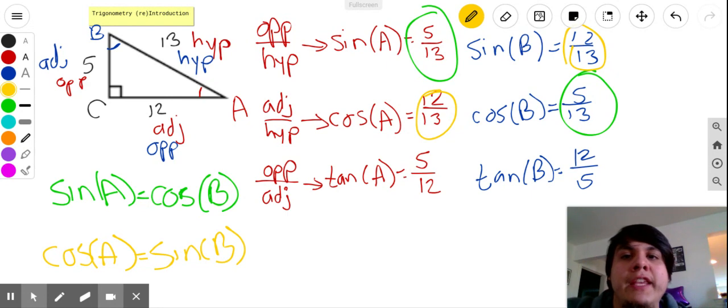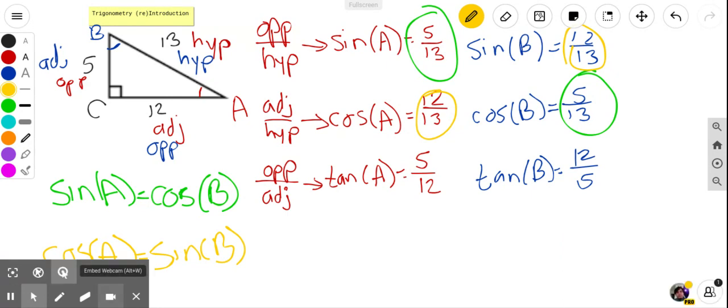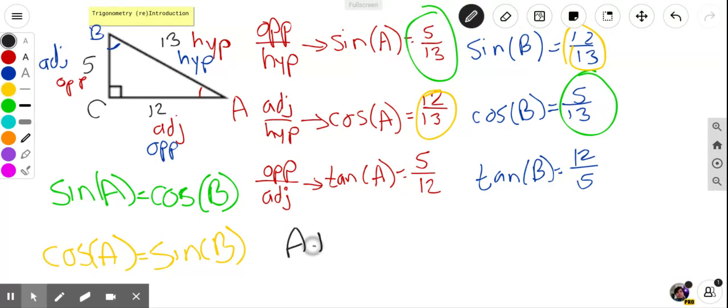But because of the angle which we're looking at them from, we're changing the ratio that we use to describe, or the name that we describe that with, right? And here's another important observation. I know that angle A plus angle B plus 90 have to add up to 180 degrees